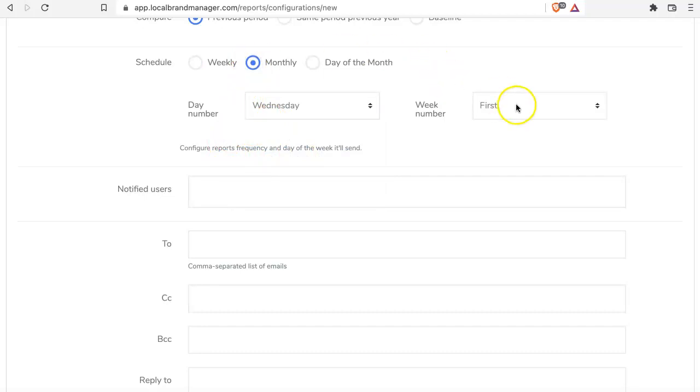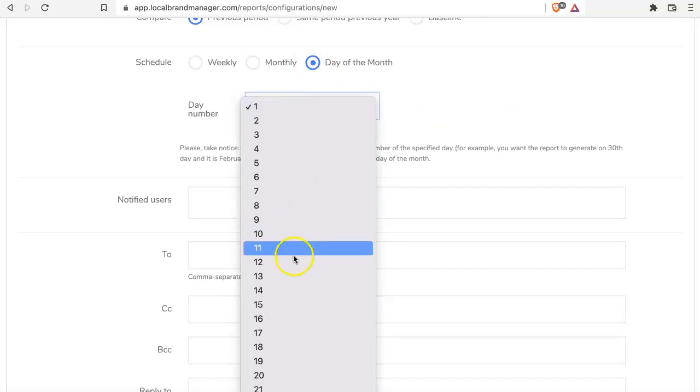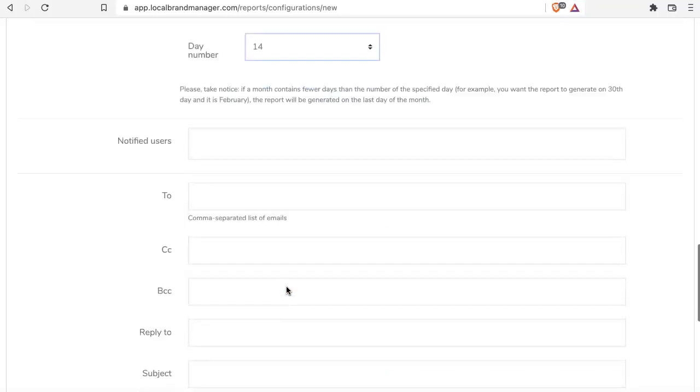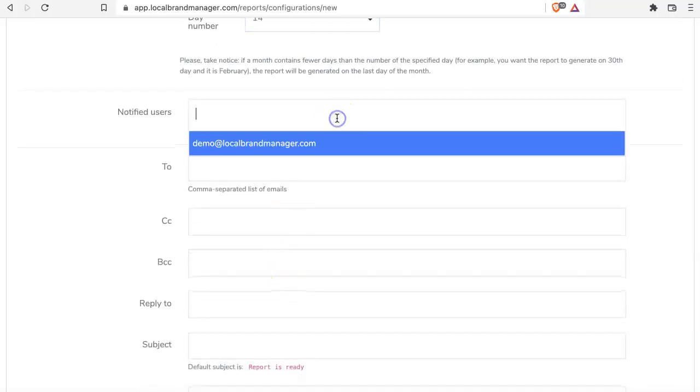If you want to run it monthly, you still pick a day of the week and then pick a week of the month. So this would run every third Wednesday of the month here. And then day of the month, this would run 14th of January, 14th of February, 14th of March, and so on. So as far as notified users go,